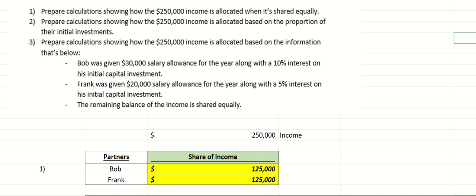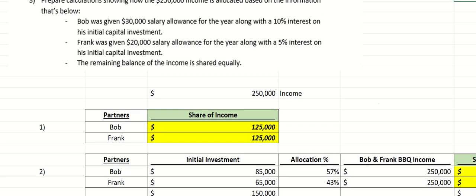All right. Now for number two, you've got to prepare calculations showing how the $250,000 income is allocated based on the proportion of their initial investments. So this is another method or way to allocate the income to each partner. So this is also something that can be used as well. So if I scroll down here,